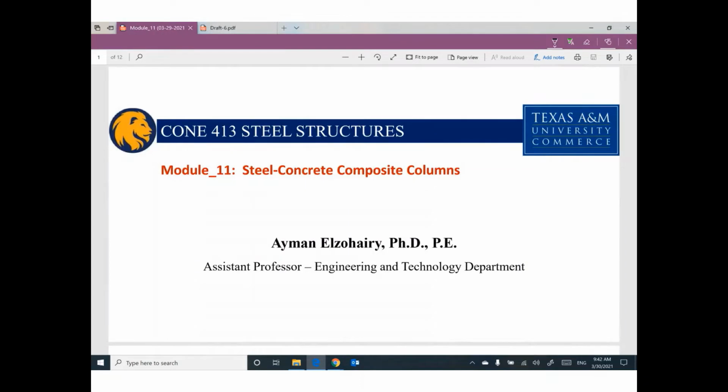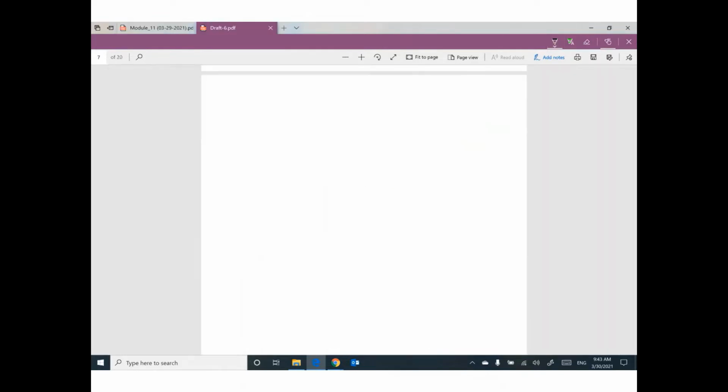Okay, today we will start a new topic. I cannot say it's a steel structure topic. Also, I cannot say it's a concrete structure topic. It's composite structure. Composite structure means, just to remind you, during the last semester,